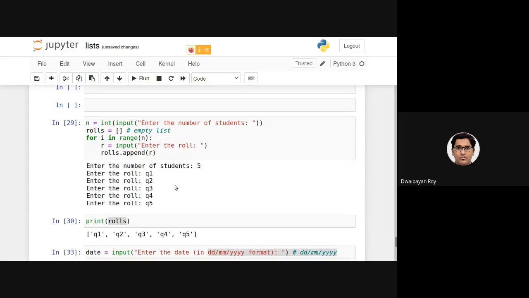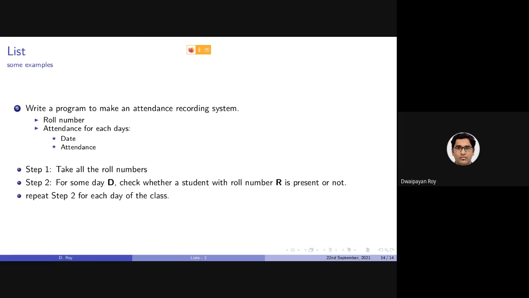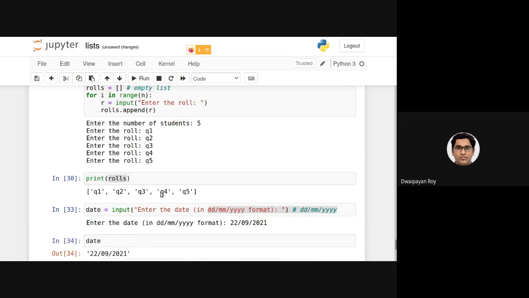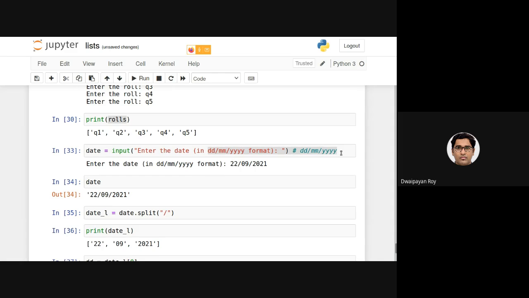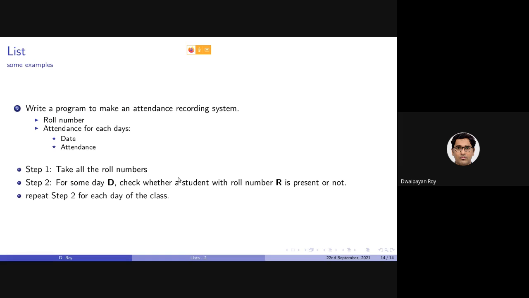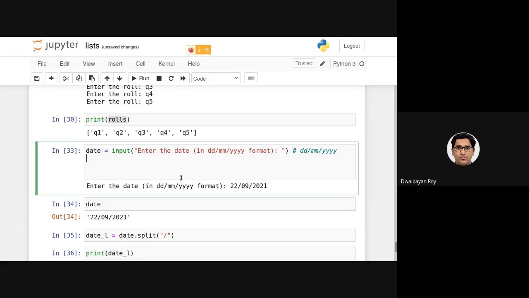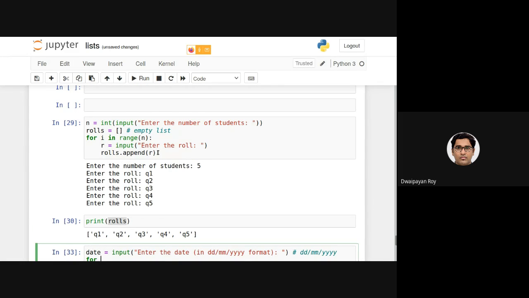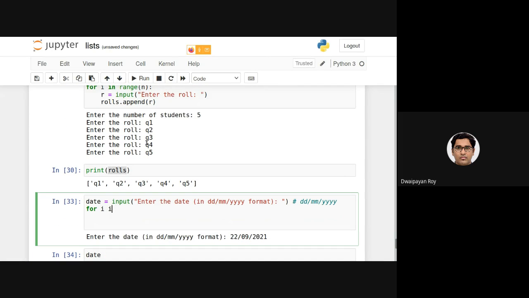Now coming back to our question. For some date, enter the date. We need to take the individual attendance as input. Now what we need to do is, again, run a similar thing like for i in range.